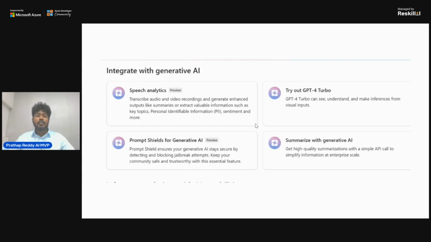Then prompt shield for generative AI. We have different prompt shields for generative AI. In this prompt shield, we need to tackle each user experience. It detects and blocks jailbreak attempts,